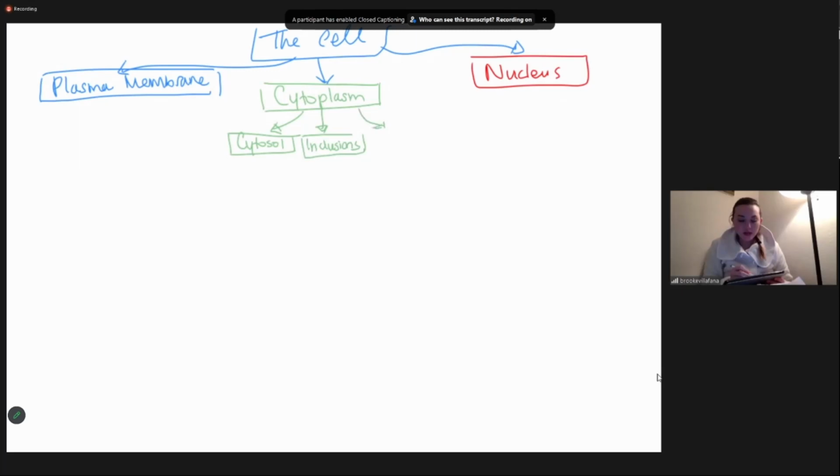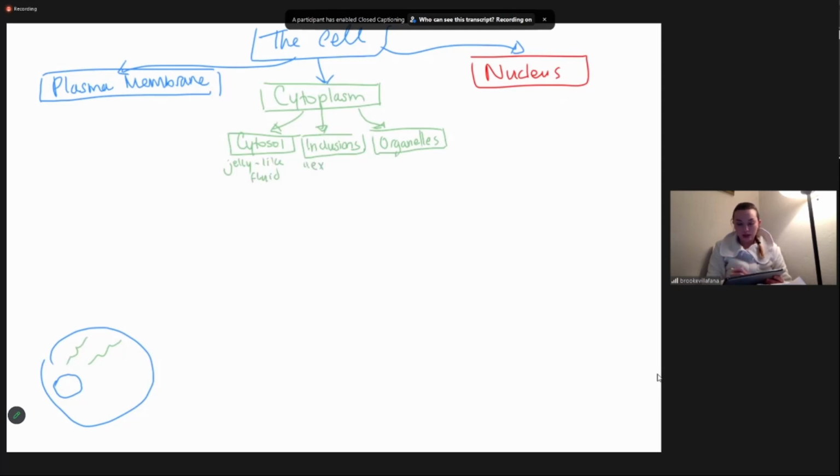Okay, so cytoplasm, right, has the cytosol, the inclusions, and then it has the organelles. So when we kind of picture our little cell with our nucleus, right? The cytosol is kind of like the fluid, jelly-like fluid. Inclusions are extra things. So we're going to write just extra. And then we said that was melanin,